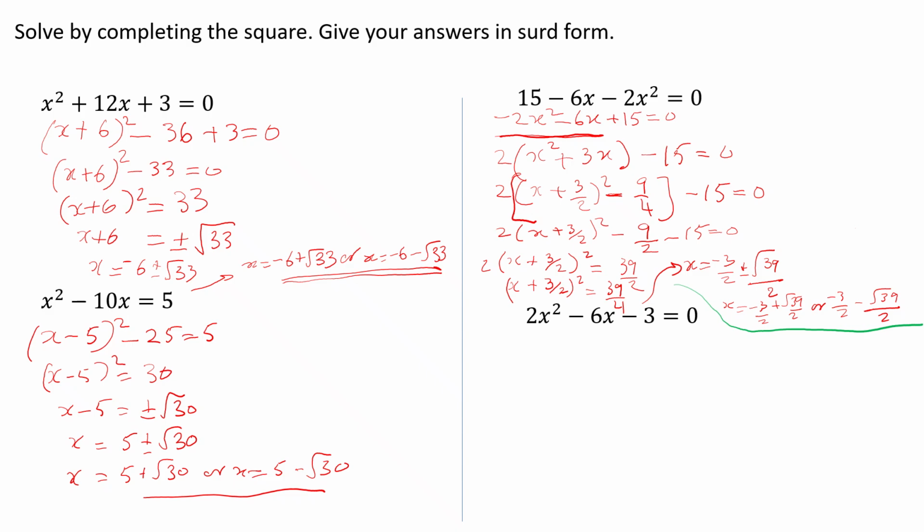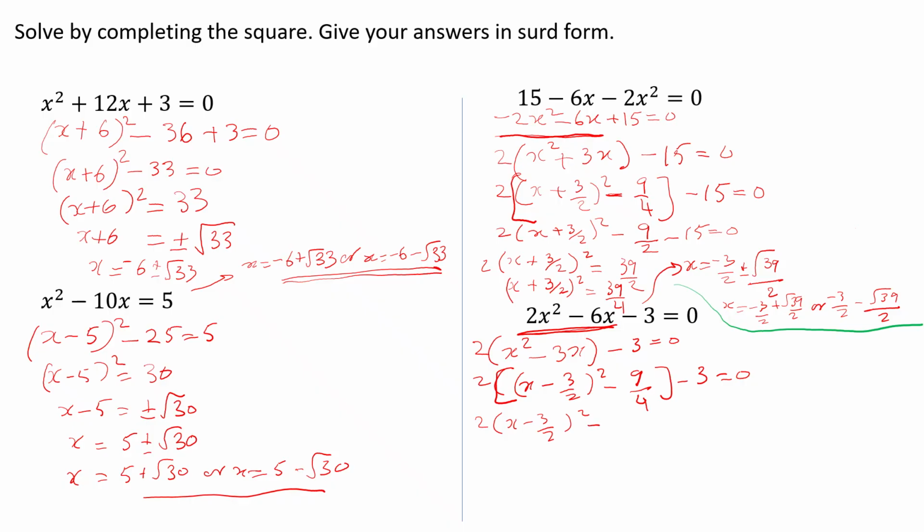So first step I'm going to take, factorize the first two terms, taking 2 out of the bracket. So 2 times x squared minus 3x, minus 3 equals 0. So do the completing square. x minus half of 3, which is 3 over 2, squared, take away 3 over 2 squared, which is 9 over 4, minus 3 equals 0. So 2 times (x minus 3 over 2) squared,